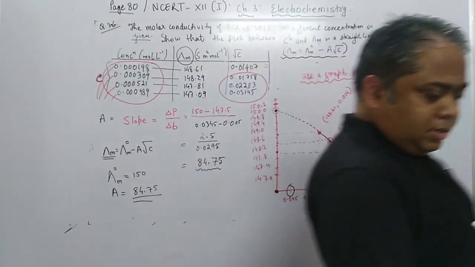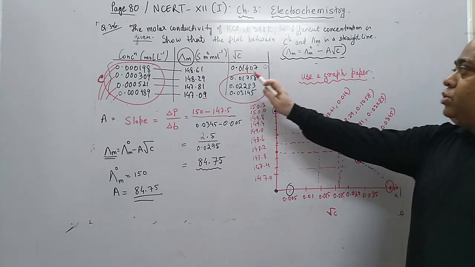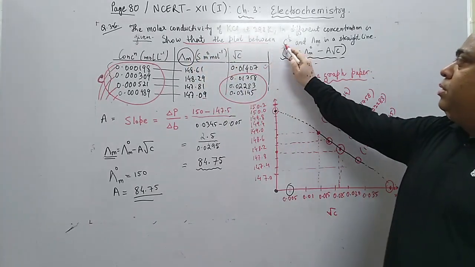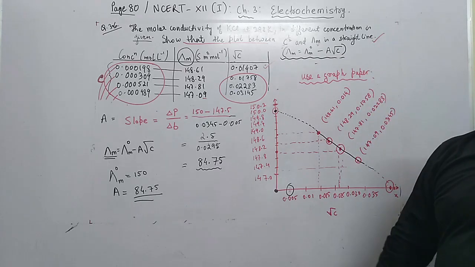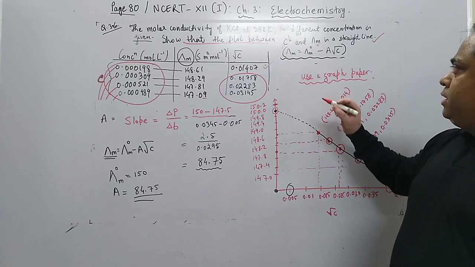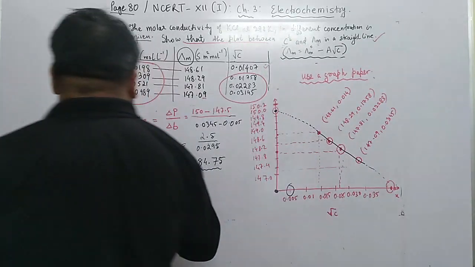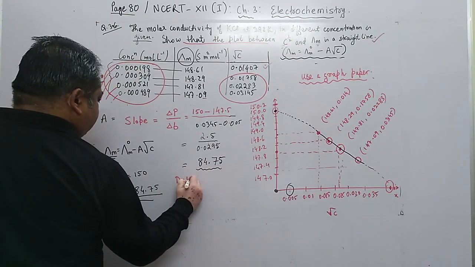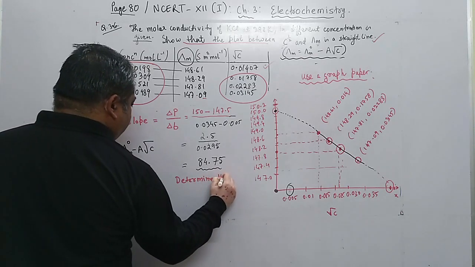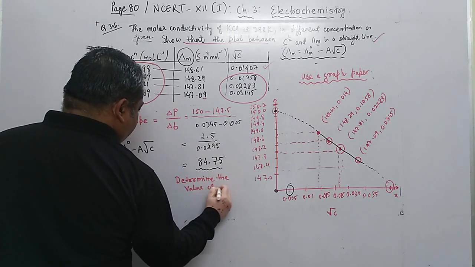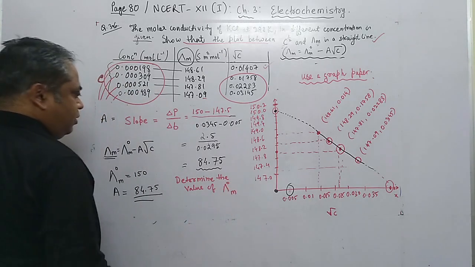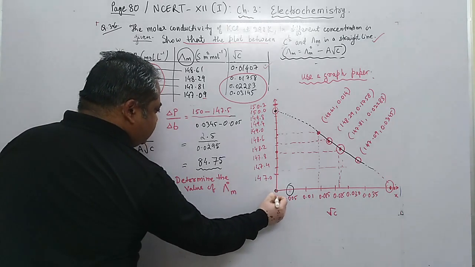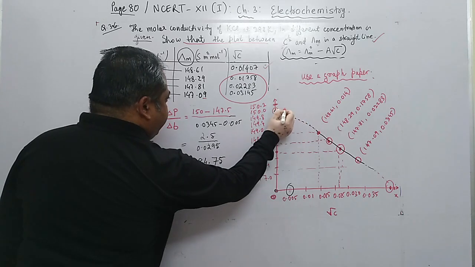In the question it is asked to show that the plot between square root of concentration and molar conductivity is a straight line. So we have shown that first. Second question is also there. Determine the value of molar conductivity at infinite dilution, when concentration is 0. This has been done by extrapolating